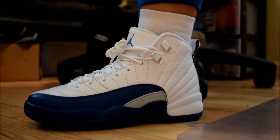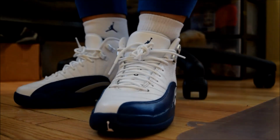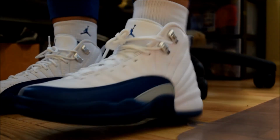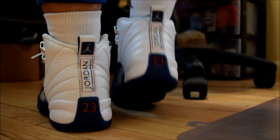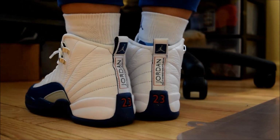Yeah, let me know what you think. Let me know if you were able to cop them. Let me know if you plan on rocking them anytime soon. I know a lot of us are looking forward to the summer, if we can hold off that long,